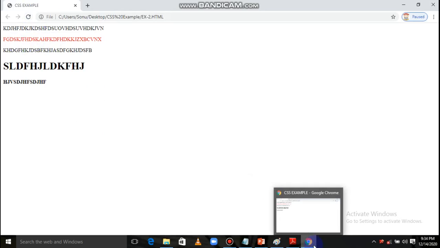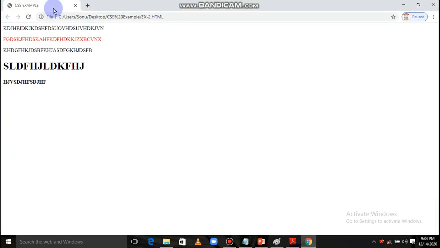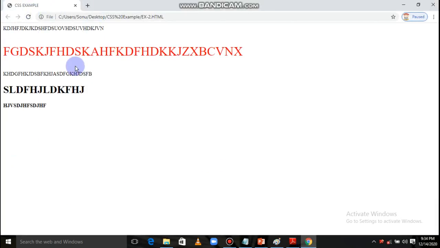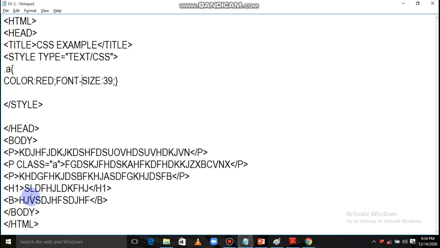So like this you may use it. Here the font size is not visible, so what I need to do is add font size, Control S, save it and try to run it. See, the font size has also become bold. Suppose that particular class you want to apply here also inside h1.